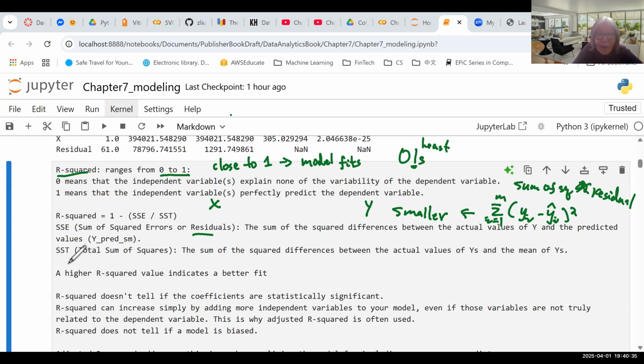Okay. And the other one is total sum of squares. Total sum of squares between actual and the mean, okay? So yi and y, that mean value, okay? And then you square it, okay? And if you recall, the idea is you want your linear regression,